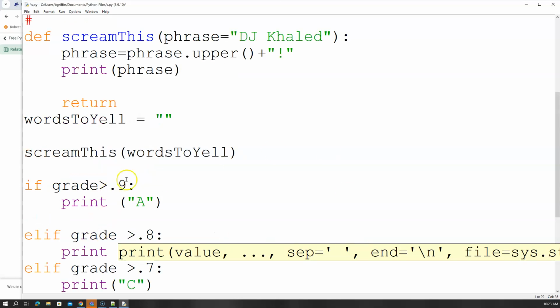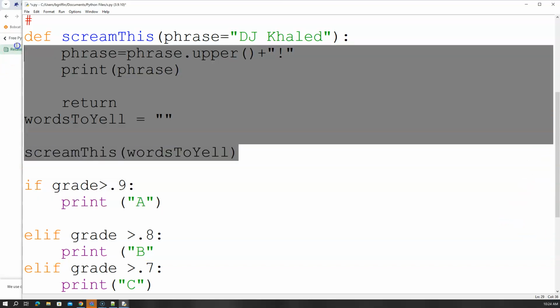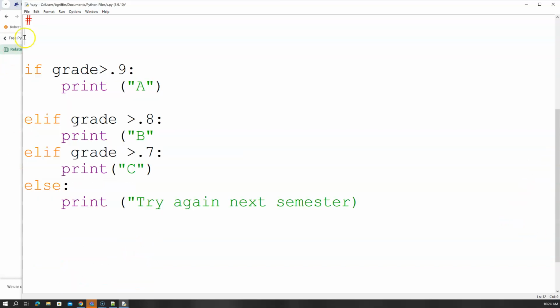So it takes this value and it's going to check it, and based on that value, that's what we're going to have for an output. So I'm going to delete all that temporarily, and I'm going to say grade equals